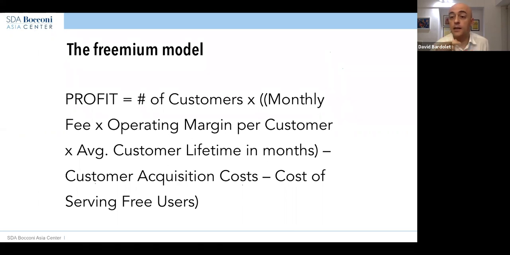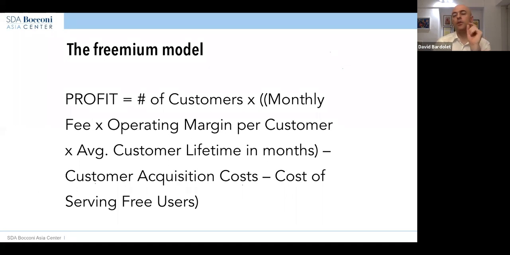A freemium model like Spotify, you all know Spotify because it launched in India some time ago, right? Music streaming service. And competitors like Spotify. It is a subscription model, but that also has a free option. And YouTube as well, yes. What is the formula for that? The same one as Netflix, but there is an additional cost of taking care of the people who are not paying anything.